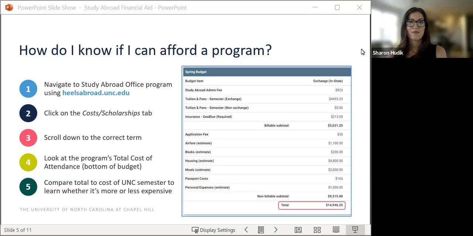How do I know if I can afford a program? This is really important to consider as you're looking at different study abroad office program options and narrowing down your choices. So first, you're going to navigate to the Study Abroad Office program by using the healthabroad.unc.edu portal. There's a search feature there where you can plug in any different program that you might be looking